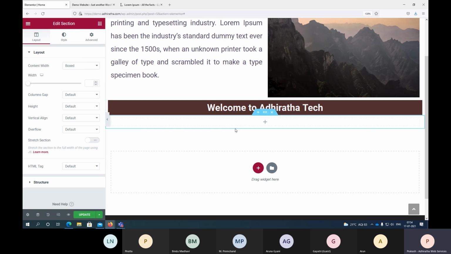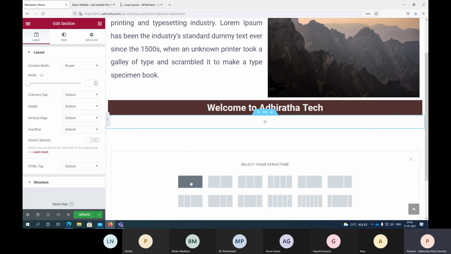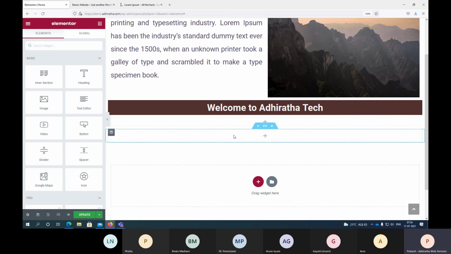Now, here, let me add one more. So there are two components, right? It looks congested. So what I can do is, here there is something called divider or spacer. We use both and see how it works.